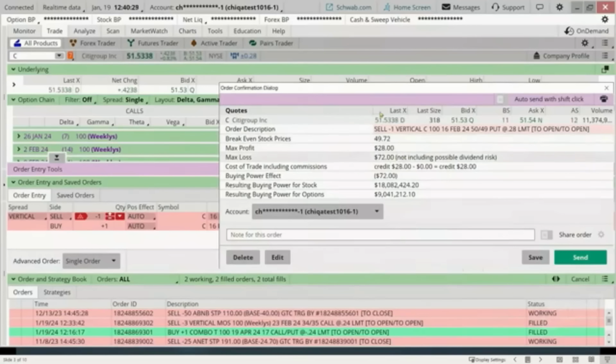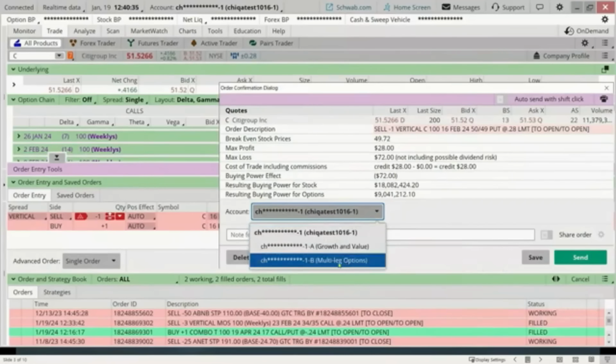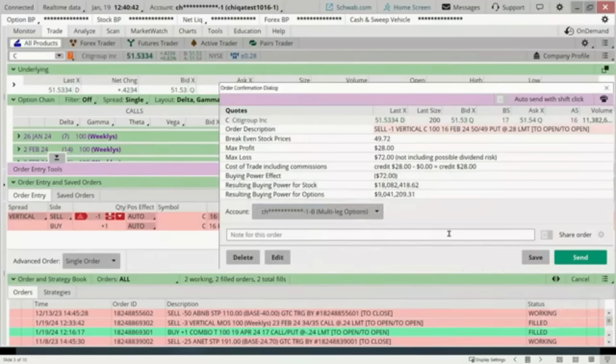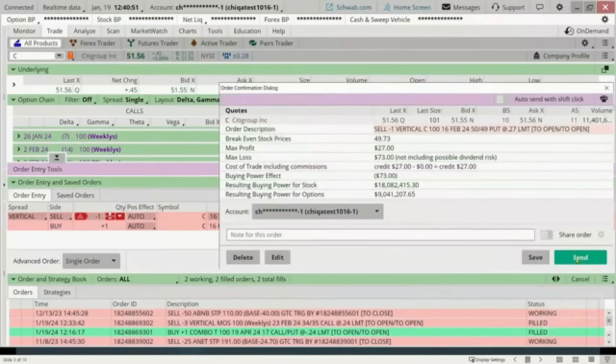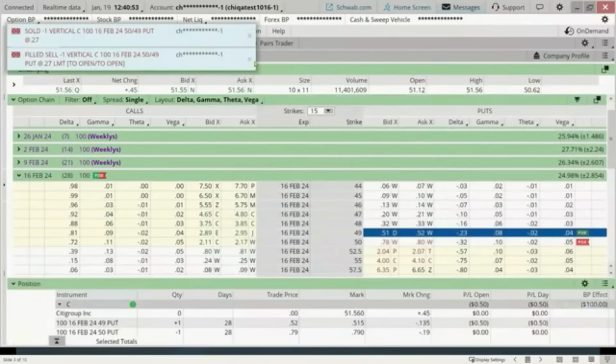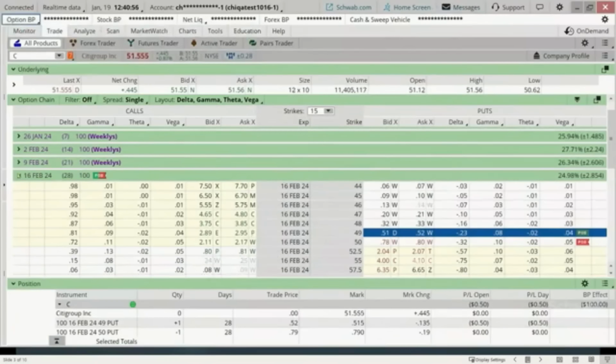So there you go. That's kind of pretty standard of what we're looking for here. And I'm running down on time a little bit, so I'm just going to put this in a little quicker. I'm going to put this in our multi-leg options one, and I'm going to edit this order. I'm going to go down just 1 cent to make sure I get a fill on that, since I want to get it filled in this class. There we go. We added in, that's a bullish trade. We want the stock to be above 50.